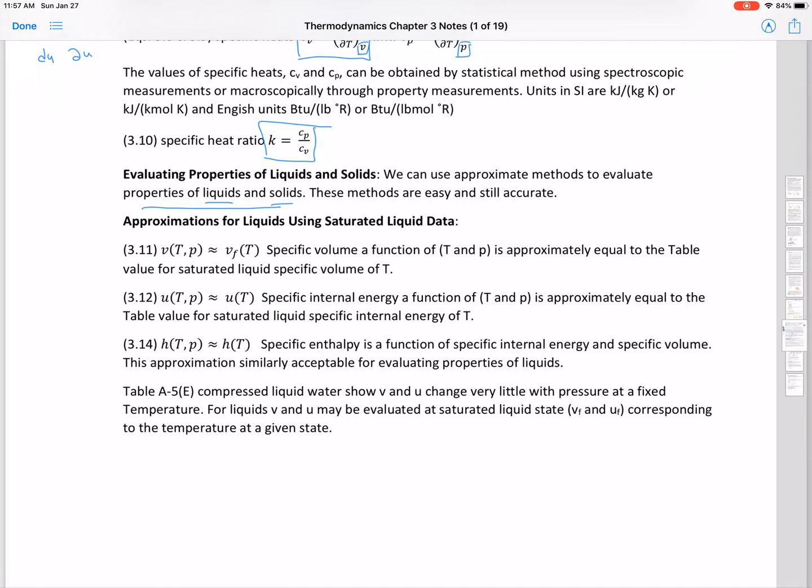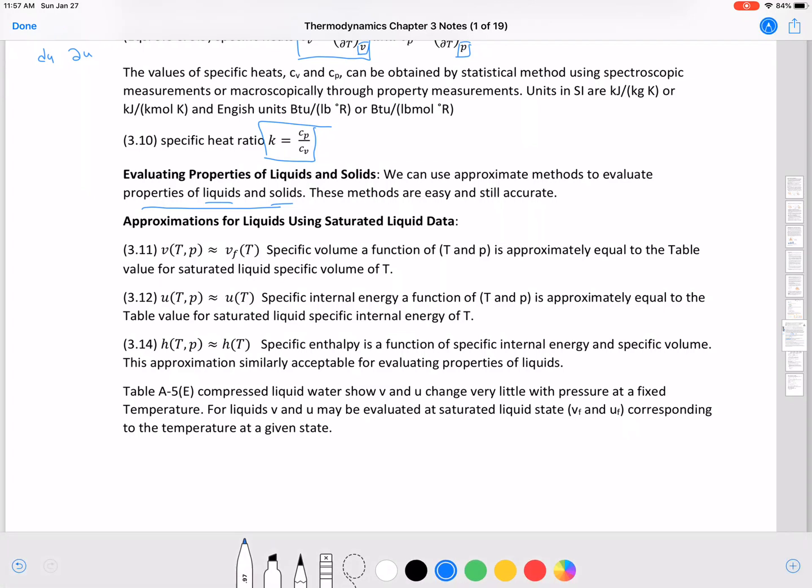But if you go to the table, like table A5, and your values aren't there, A5 is a table for compressed liquids. So if you go to table A5 and the values you have are not there, we can approximate them. We can approximate specific volume as the specific volume,